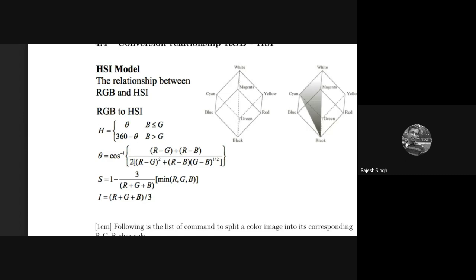And this is over the square root of R minus G the whole square, plus R minus B into G minus B. So that's the theta formula. Calculate theta, then put it in this and use an if statement to create the colors.